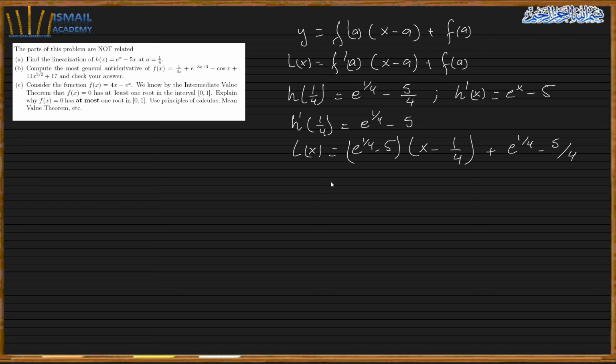Now I distribute, so I got L(x) is (e to the 1/4 minus 5) times (x minus 1/4), times e to the 1/4 minus 5, plus (e to the 1/4 minus 5) over 4. I distribute the minus 1/4 here, so I got L(x)